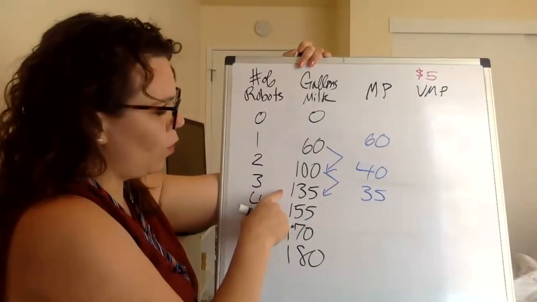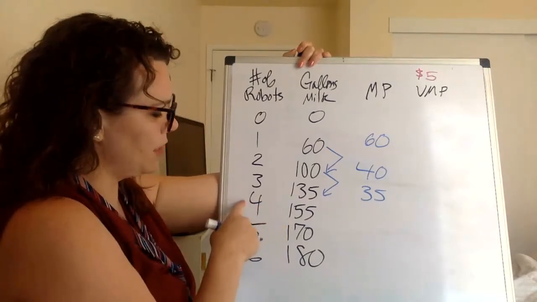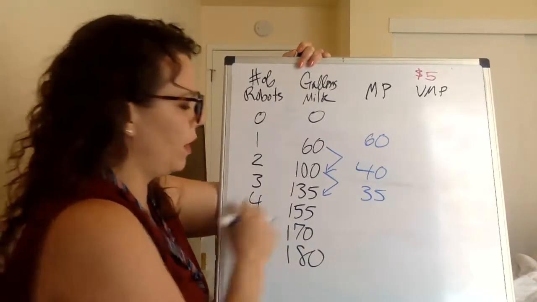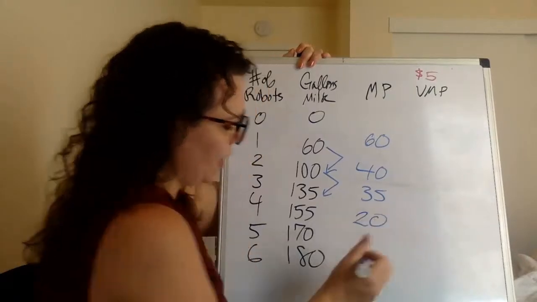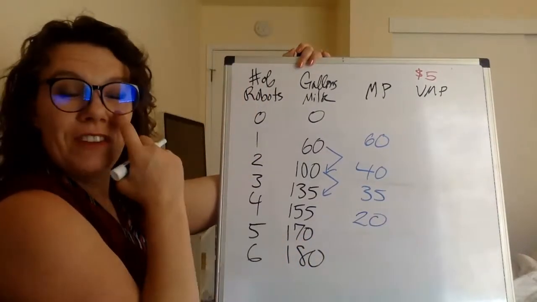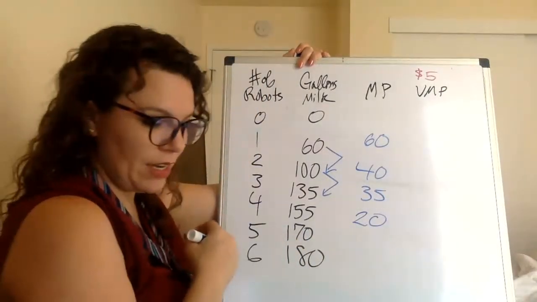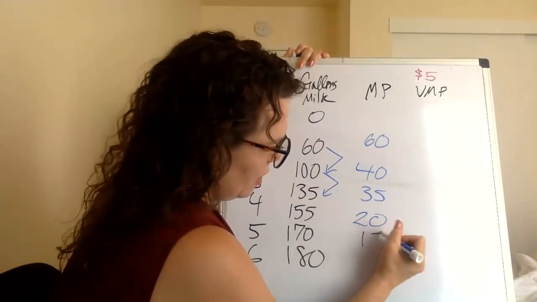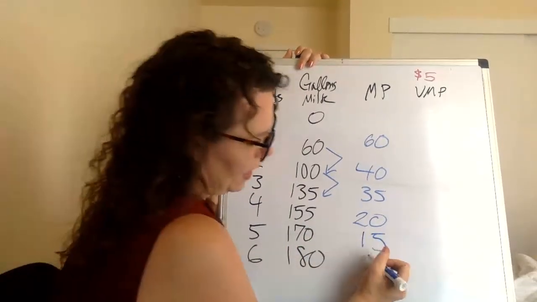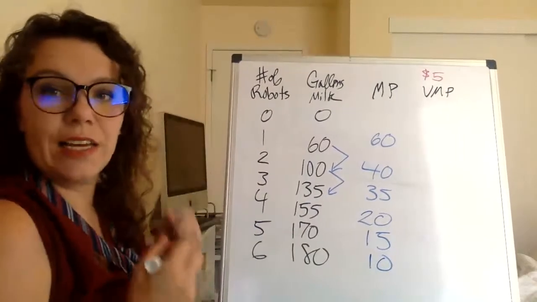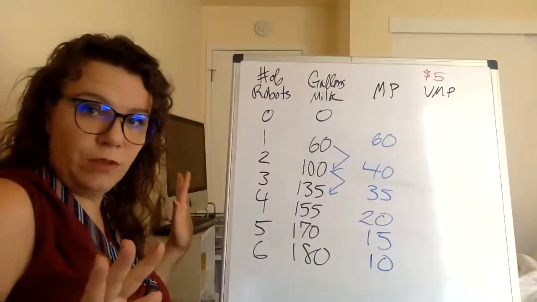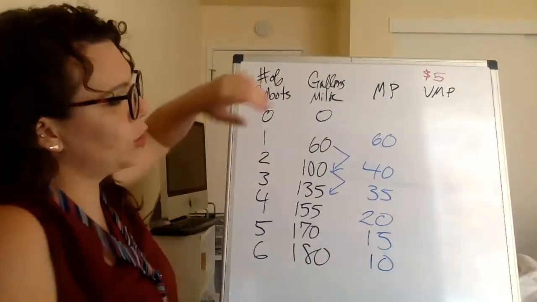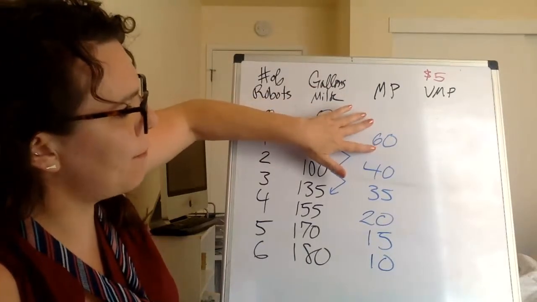Then we go from 135 to 155. So that means that the marginal product of that fourth robot is only 20 gallons of milk. Then from 155 to 170, that's going to be another 15 gallons. And then from 170 to 180 is a marginal product of 10 gallons of milk. So far, so good? To get the value marginal product of labor, we just want to multiply that marginal product